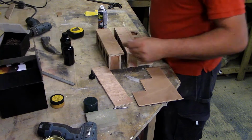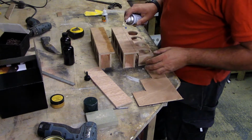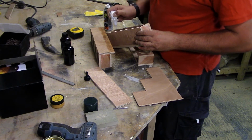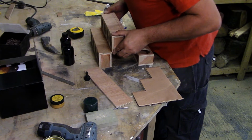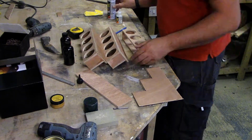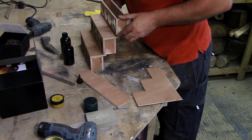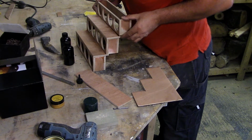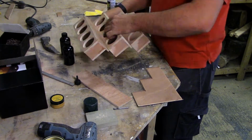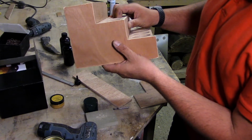So hopefully now it's just a case of gluing up. So I think I will glue that one onto there. So what should happen now, this bit should go on there like that to give us our side panel finish,